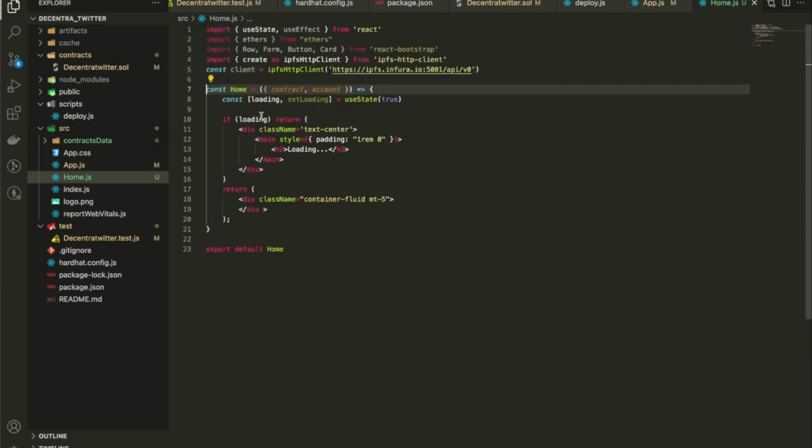So here for the home component, we're going to pass the contract and the account, which we fetched from the app.js component. We're going to pass these 2 pieces of app.js state to it. And then inside the home component, we're going to load a piece of loading state. If the loading is true, then we're going to render out a loading page. And if not, then we're going to render out the contents of the home component. And we're also going to import IPFS HTTP client because we're going to need this to upload the posts that